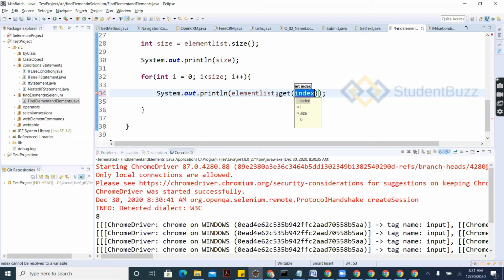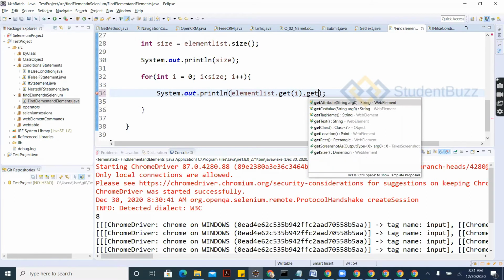To get the first or second or third, I am using the get method with the index of the element. The index starts from 0, right? I'm giving this i here. The first time it comes, its index is 0, and second time 1, third time 2. And I want to get an attribute here.